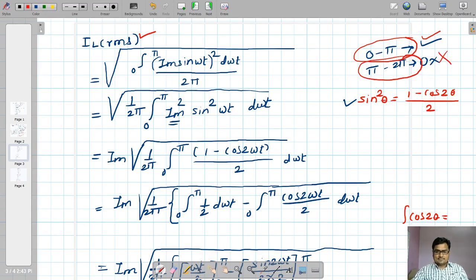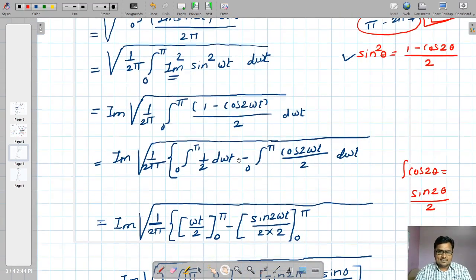But in the case of the full wave rectifier, the things are not the same. What do we have in the full wave rectifier? We have output voltage available for 0 to pi as well as for pi to 2 pi. So that's why I have to write the integration over 0 to 2 pi. That's the only change I have to make in this equation, and the rest of the steps are completely the same. Only instead of pi we have to put 2 pi. So let's start with putting the value 2 pi. Everywhere I have to make changes.